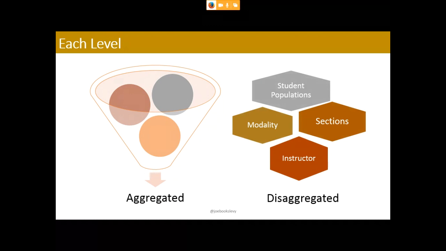I'm not saying you always have to look at every nuanced detail and always break the data down, because sometimes you need to have the aggregate picture, but just know that the aggregate picture doesn't tell the full story. And so, in thinking about when you have your data, even if you're meeting all your targets collectively, you may not be meeting these targets. You know, as you think about different student populations and how they're performing, different modalities, you know, are the students in an online class learning and performing at the same level online as they are in person? Do you all have multiple locations?